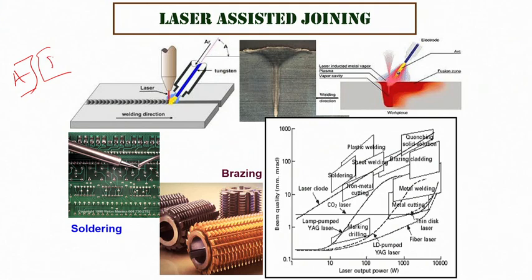If we want to join a solid body A and B together, we can simply heat here such a way that this part melts and some part of the B melts, and eventually they fuse with each other. So it's a fusion joint created by partial melting of A and B at the edges. So that's typically welding. But you may also do soldering or brazing, whereby you have A and B as two parts, and then you bring in a filler metal